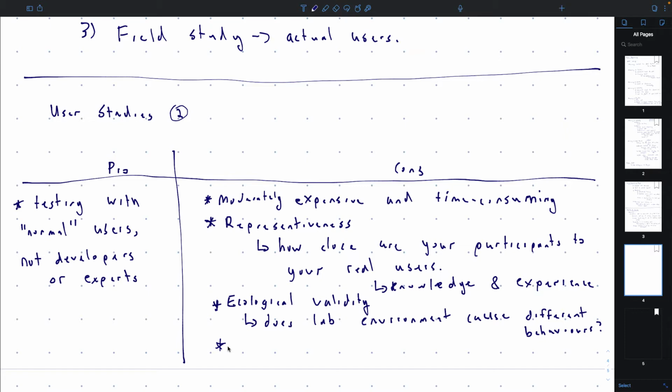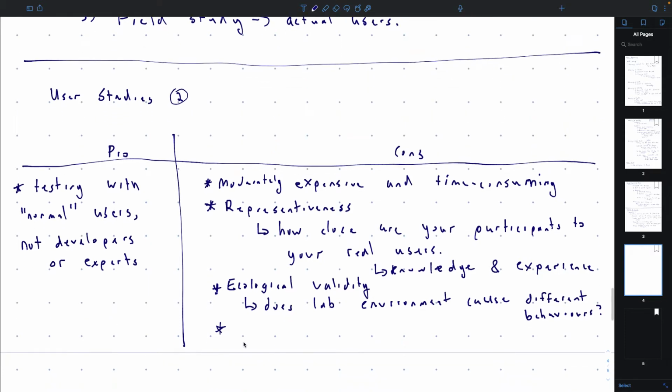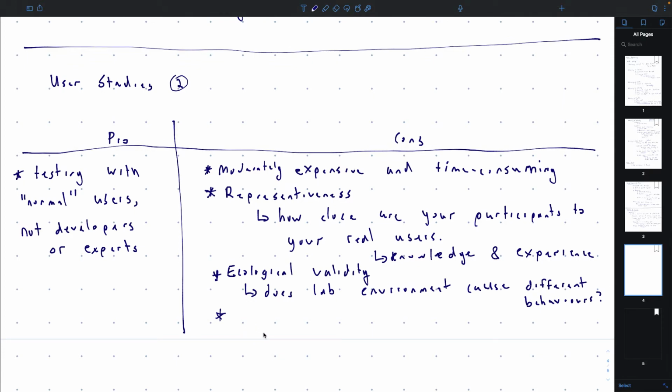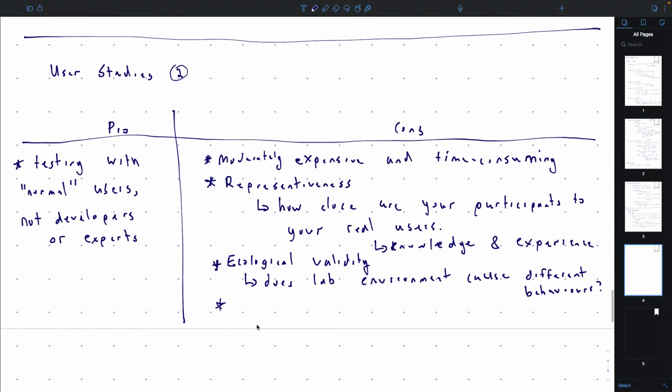And so what you're going to end up with in a user study is a pretty narrow task that you can ask a user to do, okay? You're not going to test every feature or capability of software with a user, right? You're only going to be able to do a limited amount, something that they could do in half an hour or an hour. They're going to get fatigued after an hour, so you can't keep them longer than that. So the window of what you can measure is narrow.